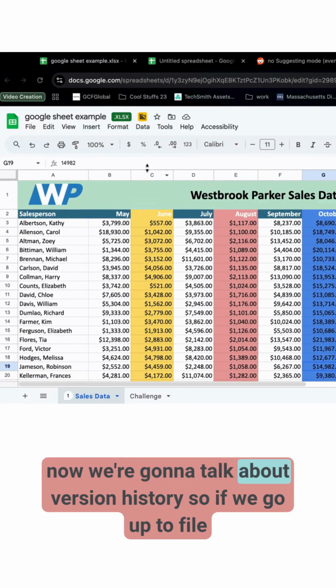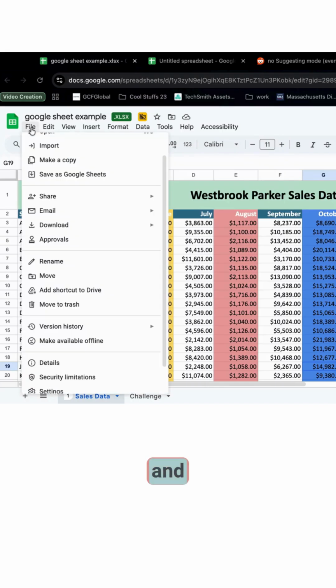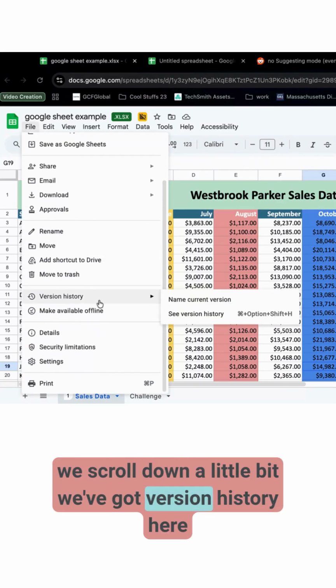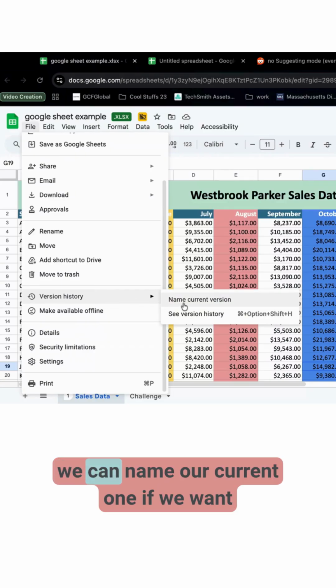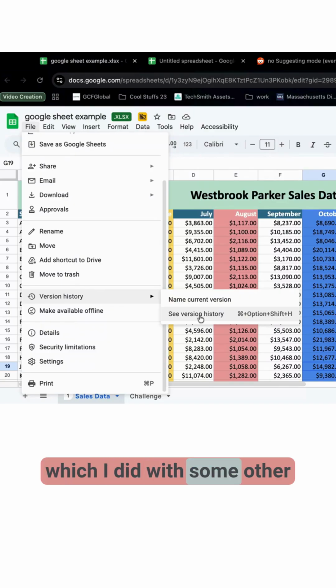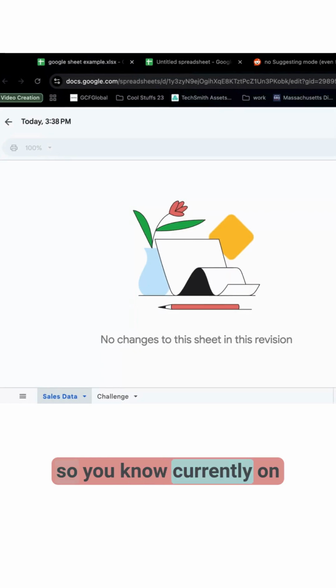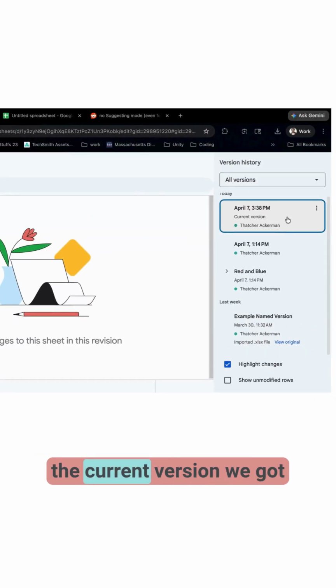And now we're going to talk about version history. So if we go up to File and we scroll down a little bit, we've got version history here. And we can name our current one if we want, which I did with some other ones, which we'll see when we hit See version history. So, currently on the current version, we got